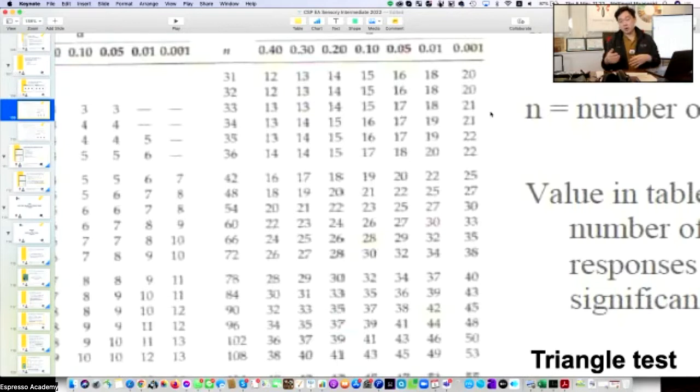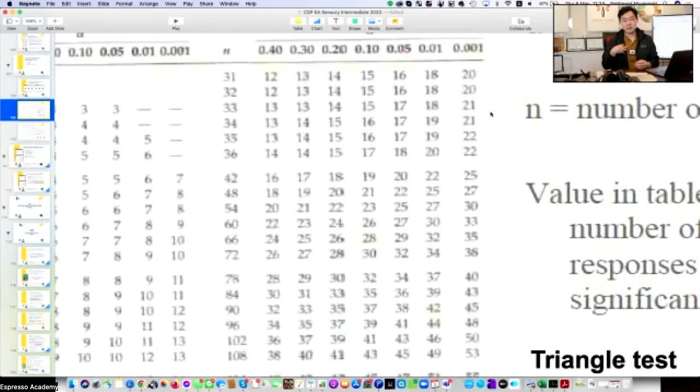accept or you do not accept them, but with this data I failed to reject your hypothesis. But sometimes we do not have enough data. For example, if you get more than 50 people answer from that 102 people, you get 50 correct answers, let's say you get 60 or 70 correct answers, then my